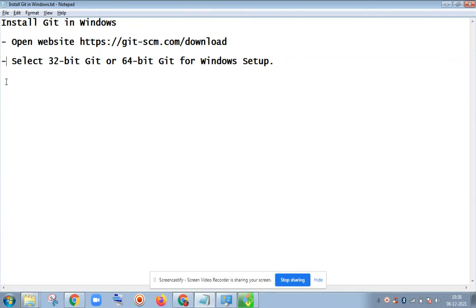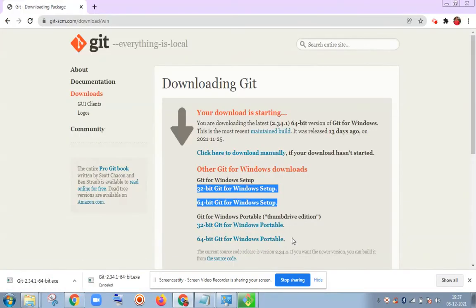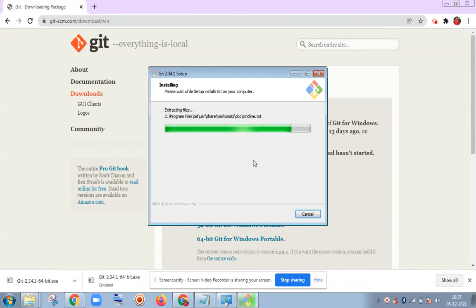After that, we simply download and install it. By choosing the path, it will take only 2 seconds.